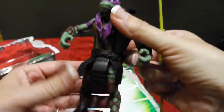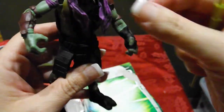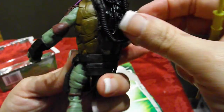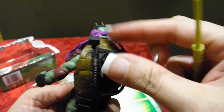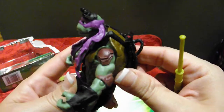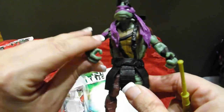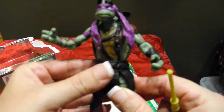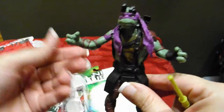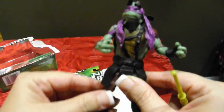Oh, how fun. It has the little purple band, and kind of from the back, and these things do not come apart, so they're stuck to the back, and it looks like it's a really good material, so you don't have to worry about breaking as soon as you take it out of the box. So it's really nice,